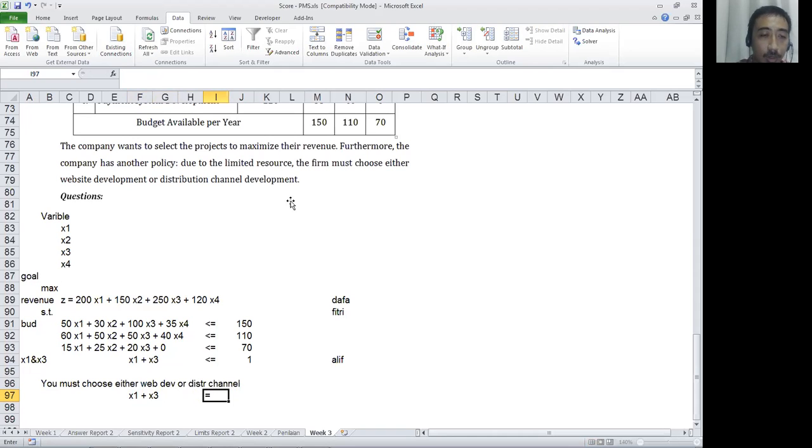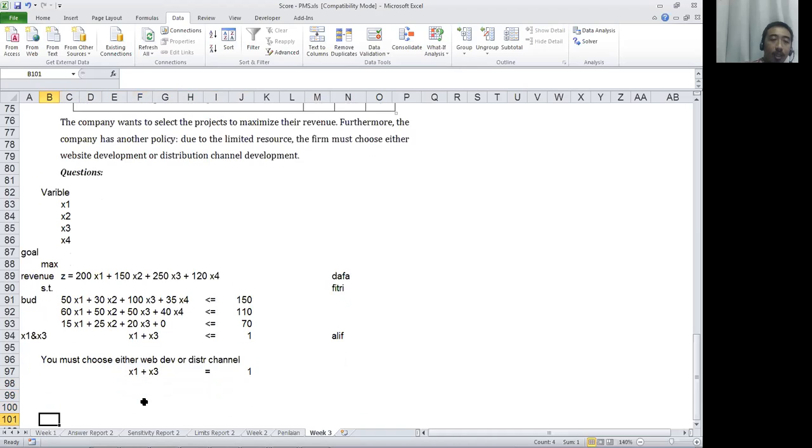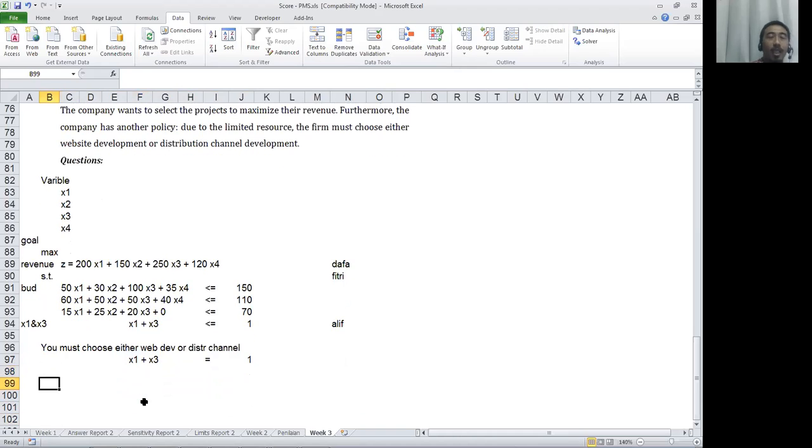Okay, good. So you must build one of them. You cannot build both, because if you build both, it means 1 plus 1 equals 2, so you prevent that by using this equation. Or you cannot leave both of them at 0, 0. You cannot leave it that way. So if the statement is like this, this is the formula. Another case. What if the statement is like this?